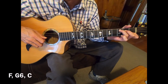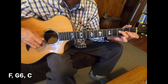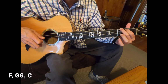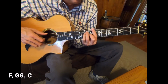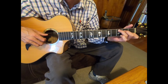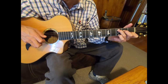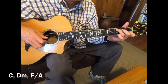After the C, you play an F chord, but just on the 2nd, 3rd, and 4th string. And then you play a G with an open E, come down on the 2nd string D, and then start back over. The second time through, you put your pinky down on the G on the first string, and then start this break